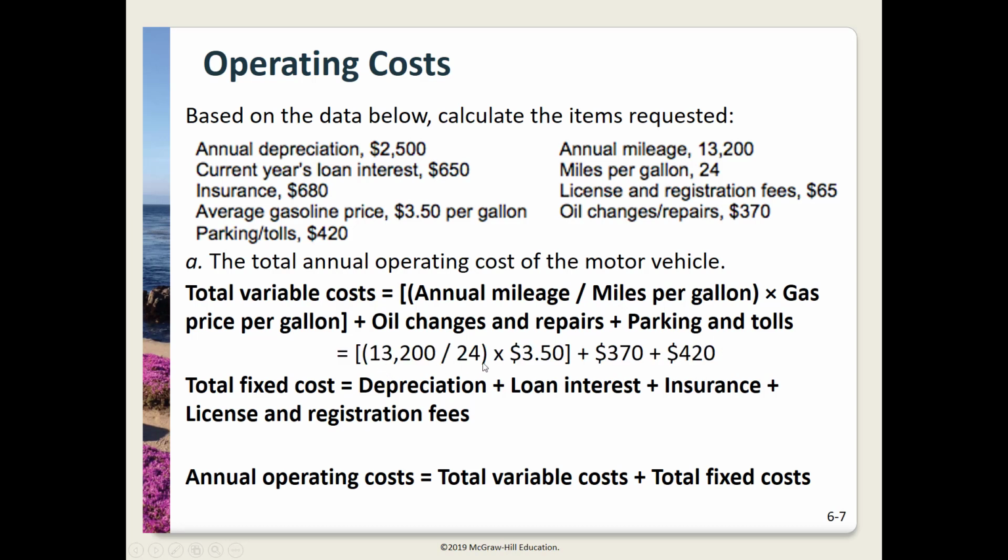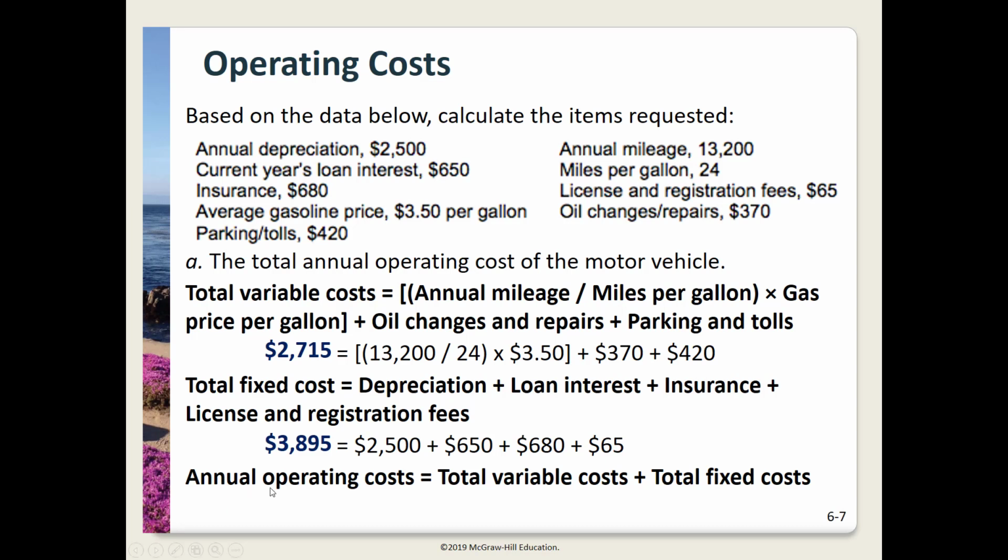So here are my numbers. Remember, working with anything in parentheses first, and then adding the additional costs of oil changes and repairs and parking and tolls. And we get a total variable cost of $2,715. In the next part, we have to figure out the total fixed costs. This will be our depreciation plus loan interest plus insurance plus license and registration fees. Looking at my data above, I'm going to plug in the corresponding number for each of the variables. And when I plug this into my calculator, we get a total fixed cost of